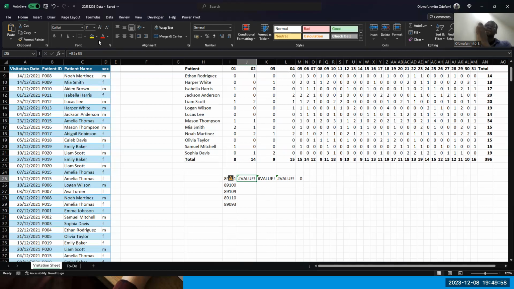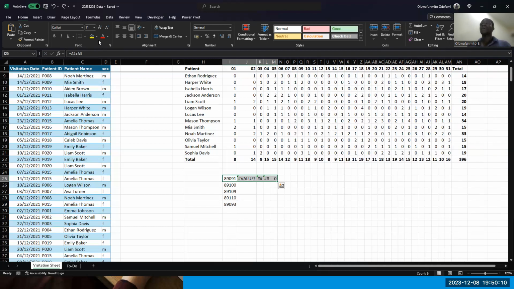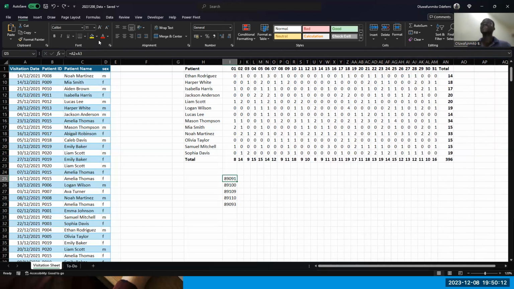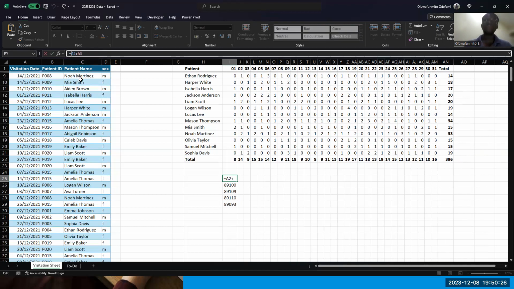To avoid that happening, you need to lock those cells into place. So you either lock the column or lock the row, depending on how you want to move. So now, in this case, let's say I want to move right, but I want to keep my column constant. Normally, when you move right, that's when you move across the row, it is the column that will change. But I want to keep my column constant. What I need to do is to put a $ sign in front of the column letter. So if I put a $ sign here,